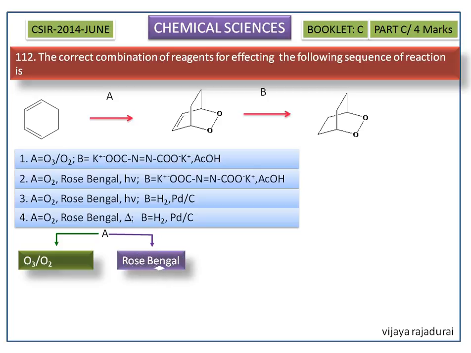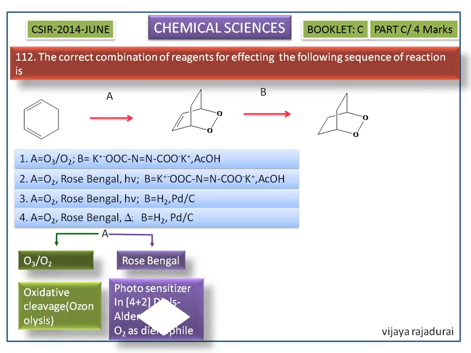Ozone enriched oxygen is an ozonolysis reagent. It oxidizes the alkene bond. Rose bengal is a dye and it can also act as a photosensitizer. During irradiation, rose bengal interacts with the diene or dienophile. Here the oxygen molecule is excited into the singlet state. The singlet state of oxygen can combine with the